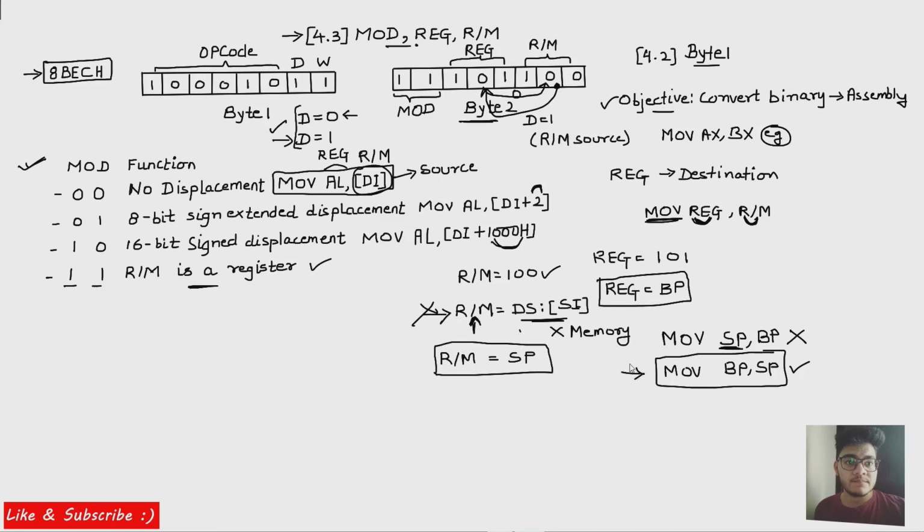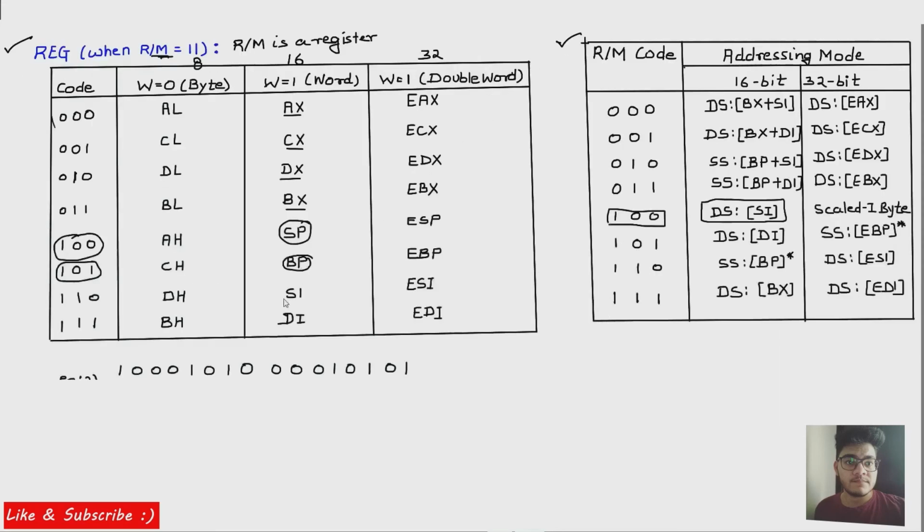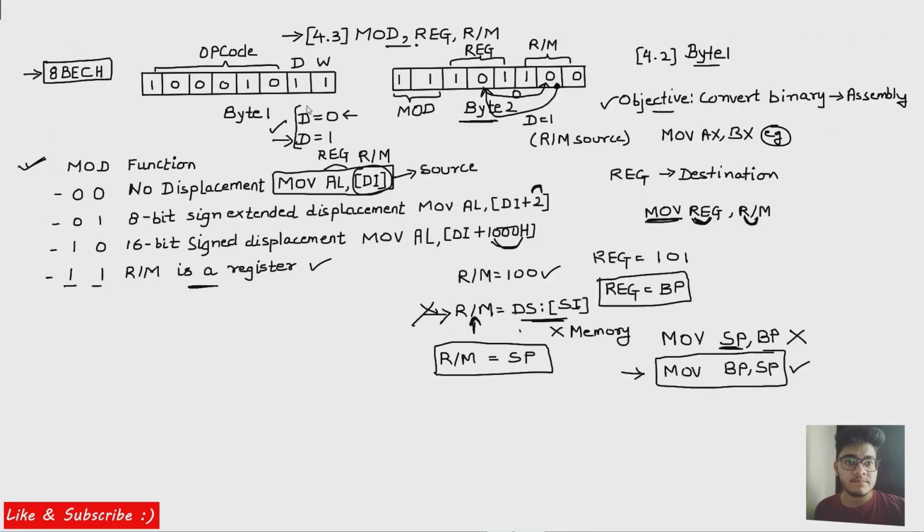I will just give a very quick summary so that we can move on to another example in this tutorial. We have one more example that we will solve, which is example 2. But let's summarize first, right? You are given a 16-bit instruction in hexadecimal format, converted into binary format and divided into two individual bytes, byte 1 and byte 2. The first byte contains the opcode, which tells us about the operation that we need to perform, and we can take the help of the table to find that out.